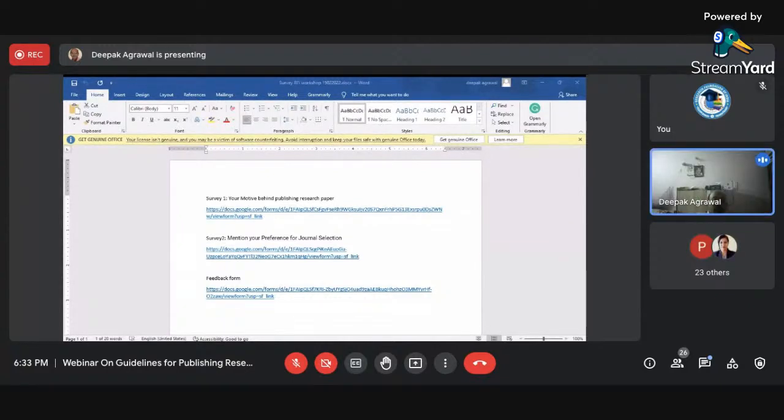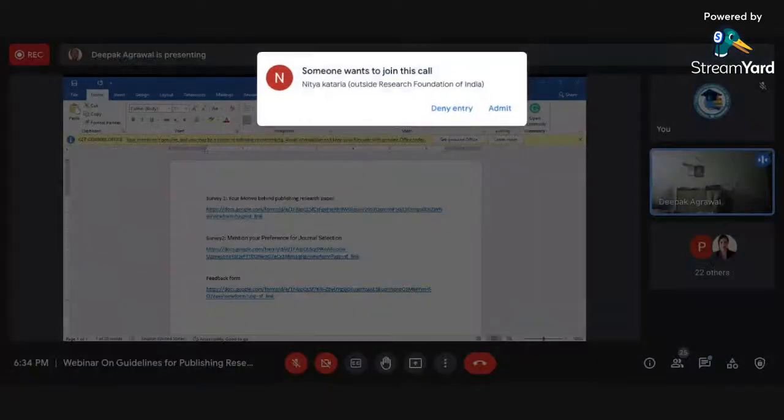The outcome for survey 2, out of 14 respondents regarding the national journals, 36% of the authors are interested to get the paper published, and very good, near about 64% of the respondents want to get their paper published in the international journals. I hope that by going through that, it makes you more clear that if you want to go with the international publications, what are the norms we should strictly follow, and only in that case we can get a paper published in such type of journals. Let me go through the result for survey 1.